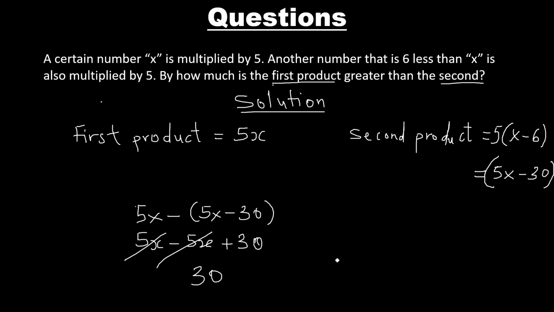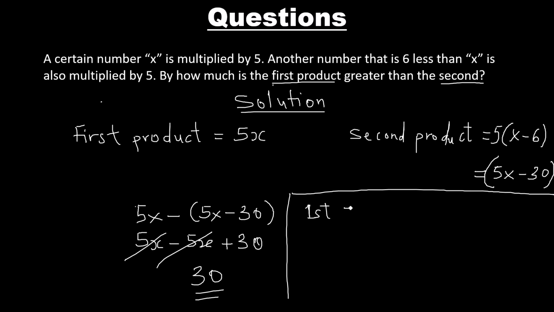Let's see if we can actually prove this. That's one thing I love about maths. Let's see if we can actually prove it. Let's do it this way. Let's assume that our unknown value, which is x, is 10. So if it is 10, that means our first product is 5 times 10. That gives us 50. And our second product